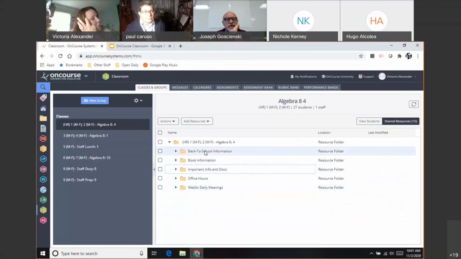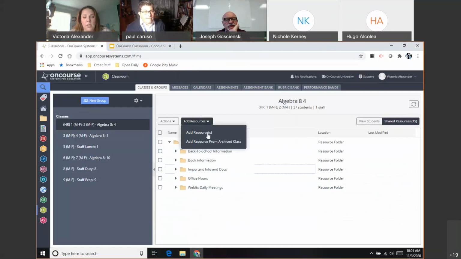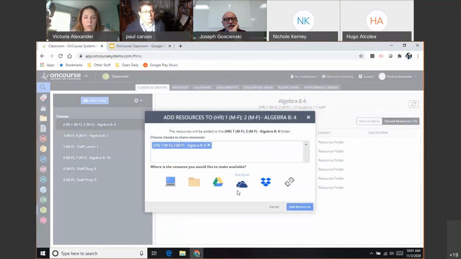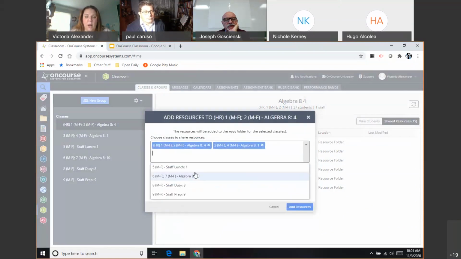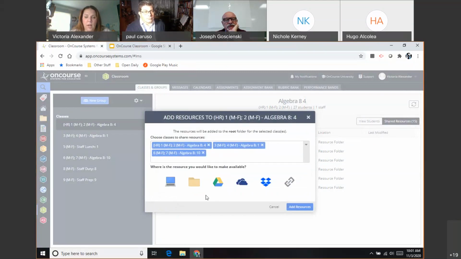So to add a resource to your page, you can click on Add Resources. You can add it to multiple classes at the same time by using the drop-down menu. And then you can put it from,